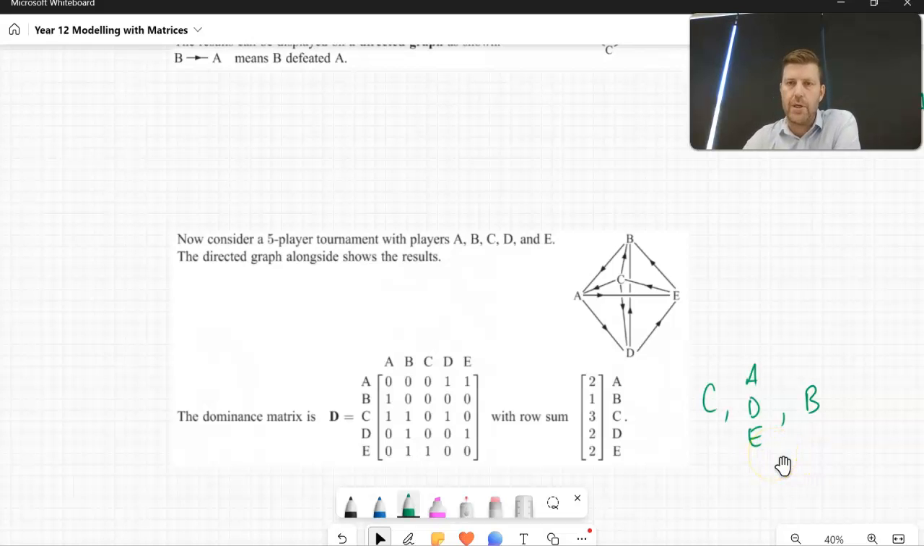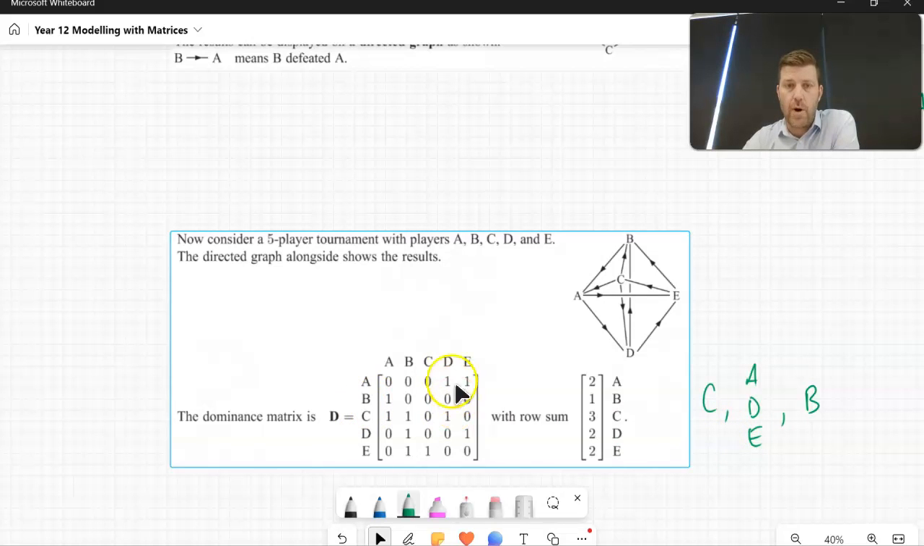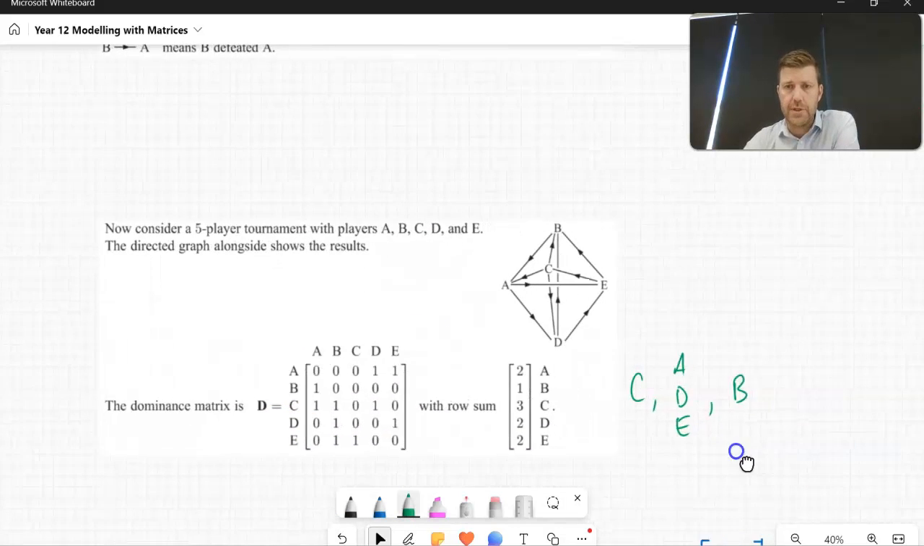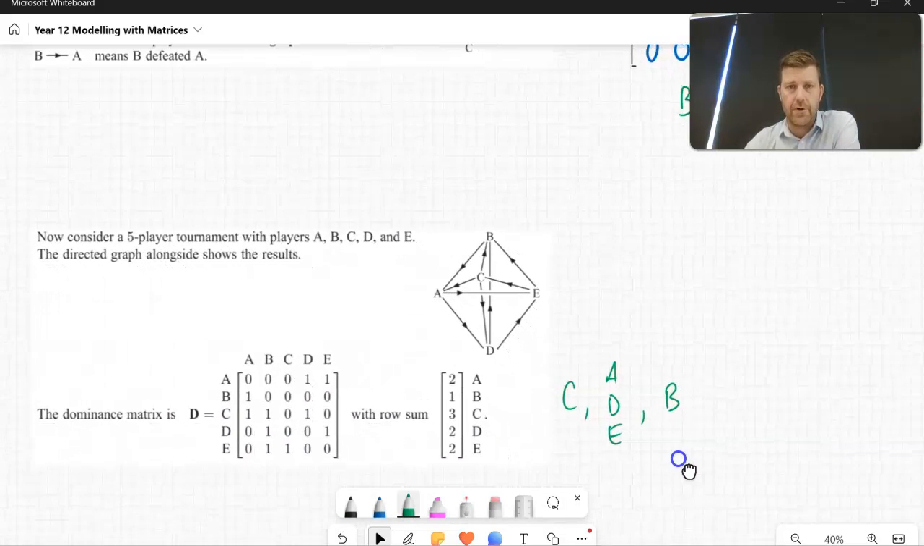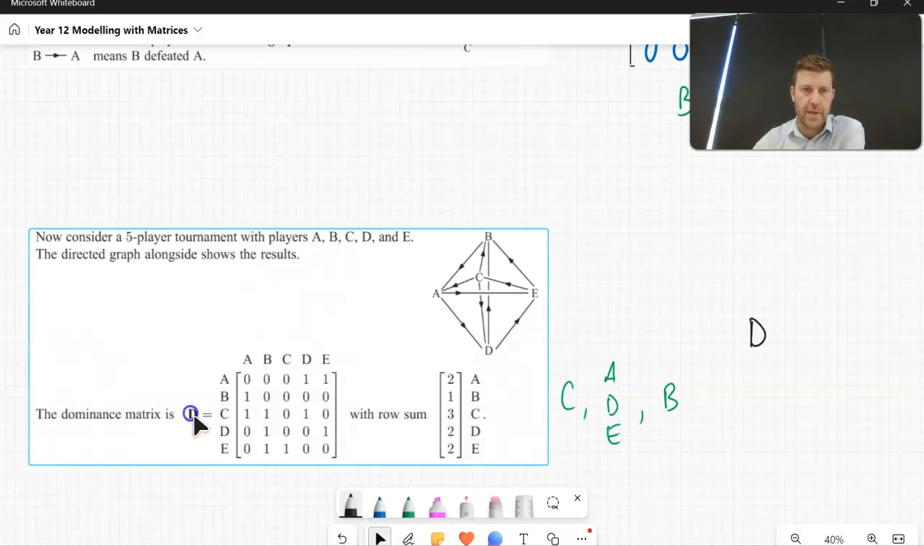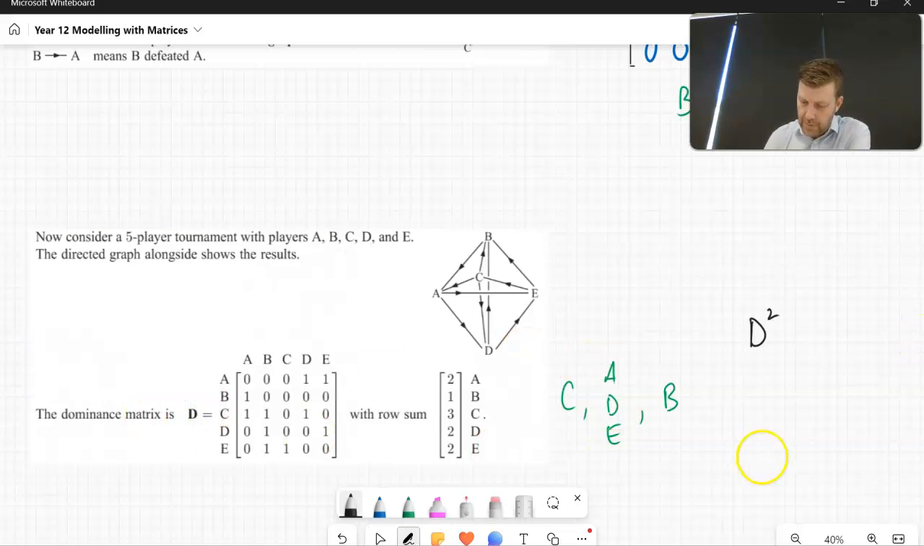And to do that, what we're going to do is create a second order dominance matrix by squaring our original dominance matrix, okay? So I'm going to show you how to do that on the graphics calculator, and we're going to put that down here. We're going to find the value of this dominance matrix squared. So D squared